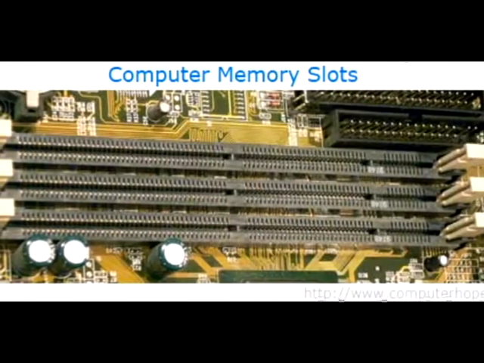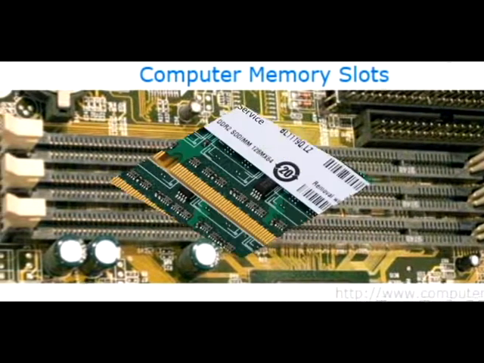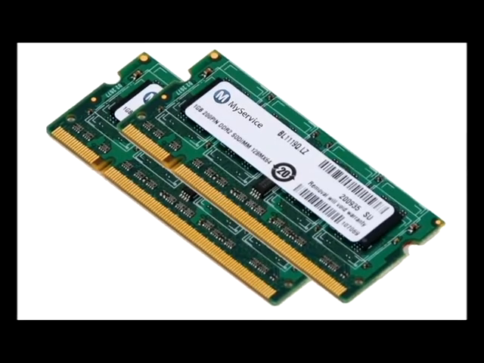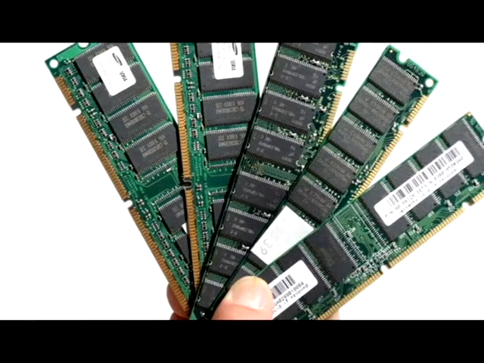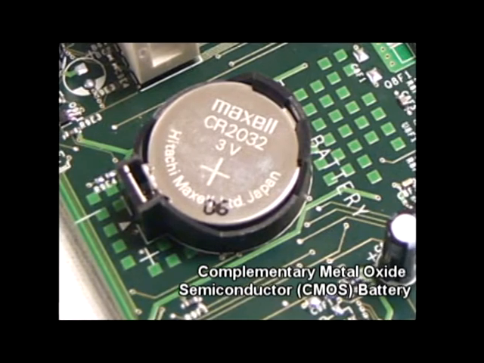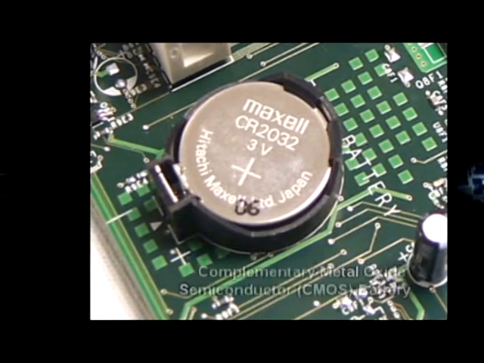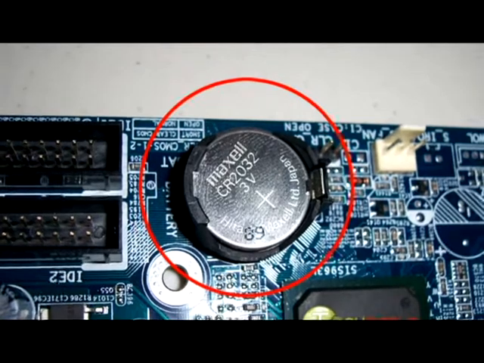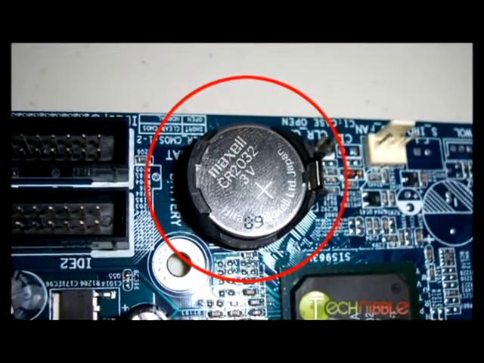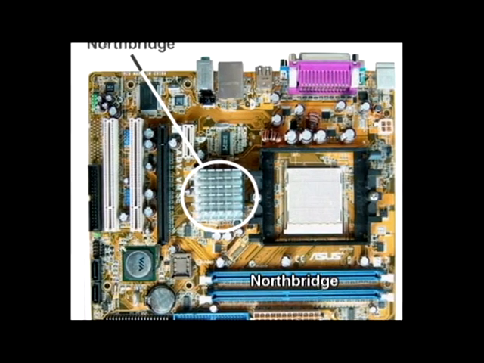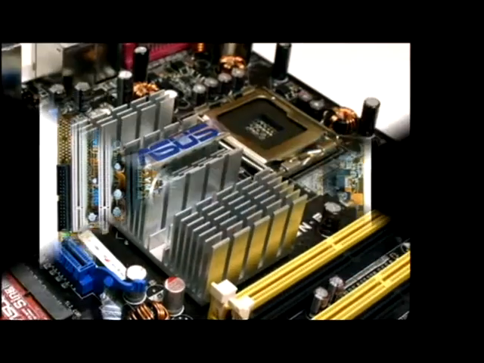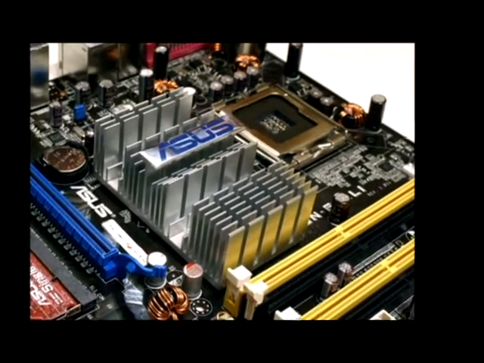The most common types of RAM are SDRAM and DDR for desktop computers and SODIMM for laptop computers, each having various types and speeds. Complementary metal oxide semiconductor or CMOS battery supplies power to store BIOS settings and keep the real-time clock running. Northbridge, also called as Memory Control Hub, is a chipset that allows the CPU to communicate with the RAM